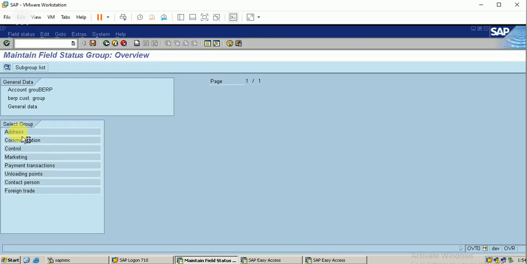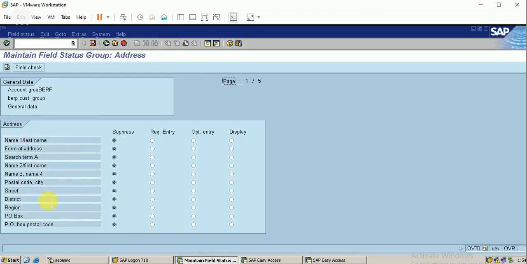Let me double click on address. These are the fields available with that group. If I need this field in my customer master, I can make it required, optional, or display. If I make it a required entry, I have to give this entry, and only then will it be saved. If I make it an optional entry, I can skip this field.